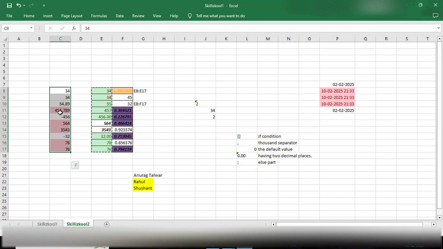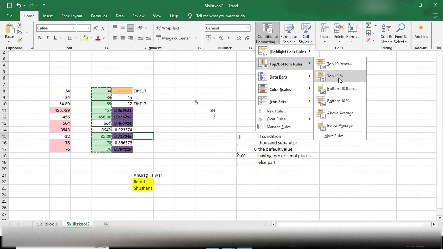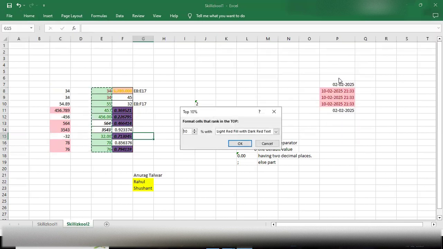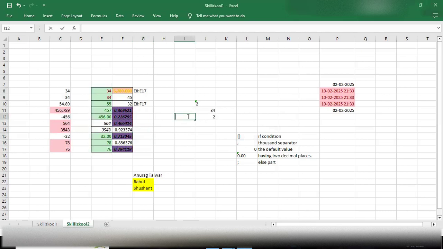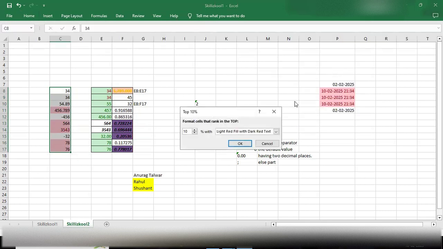Okay. Having the maximum, having the highest number is 456, 56, 3,543, then 564, then 456, and then 578, and then 76. So accordingly, it highlighted. Likewise, we can explore different options. Top 10% of the value. First, we have to select this one, condition formatting, top 10%. Instead of top 10%, I am choosing the top 5%